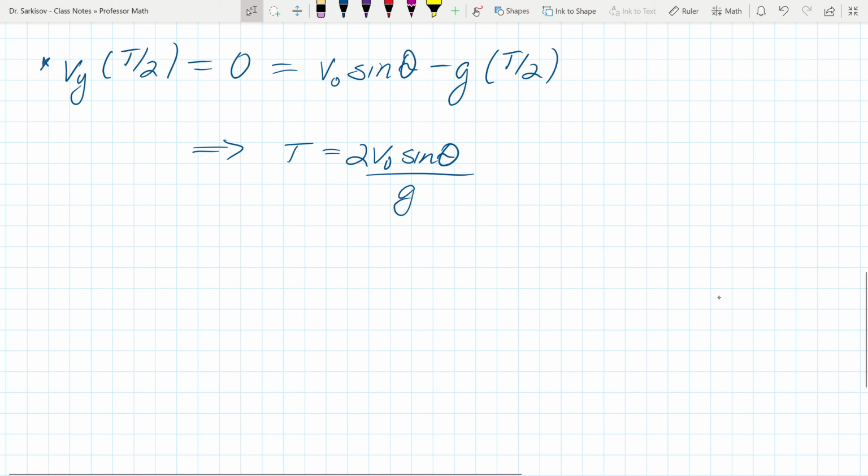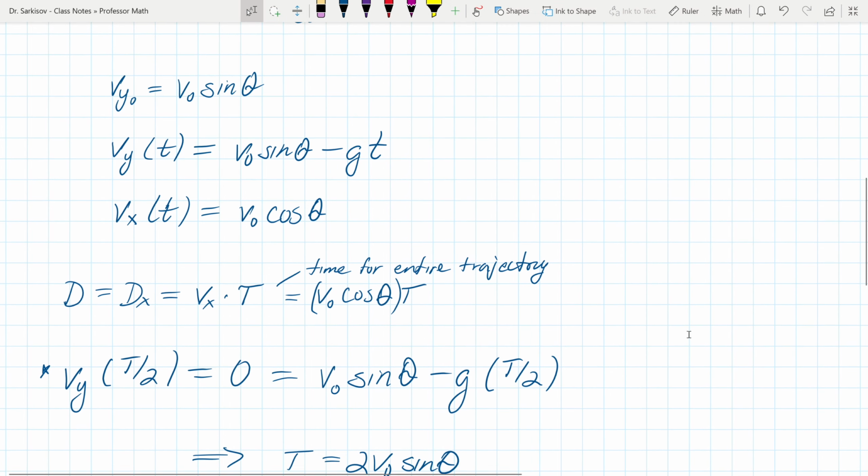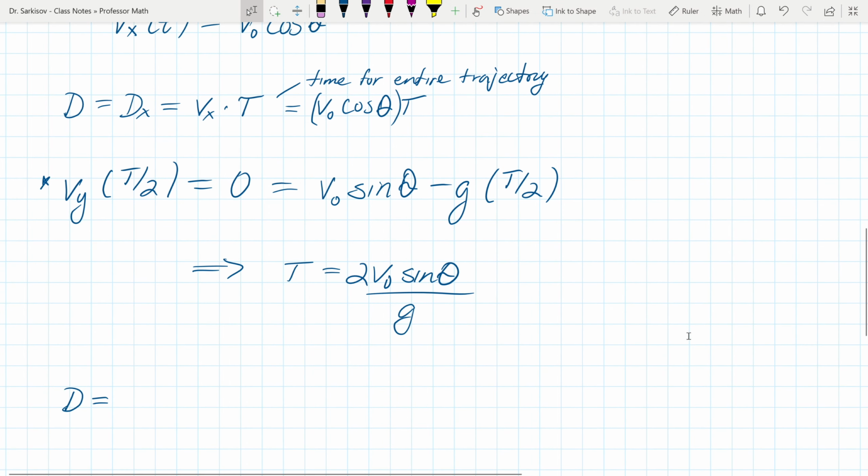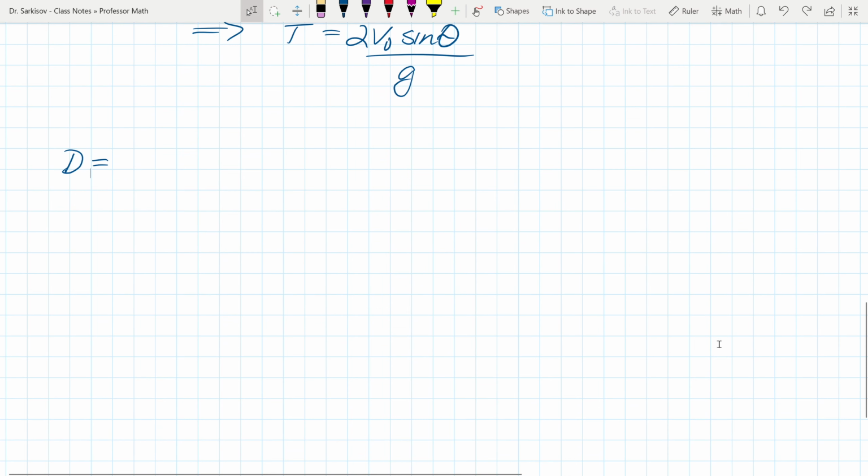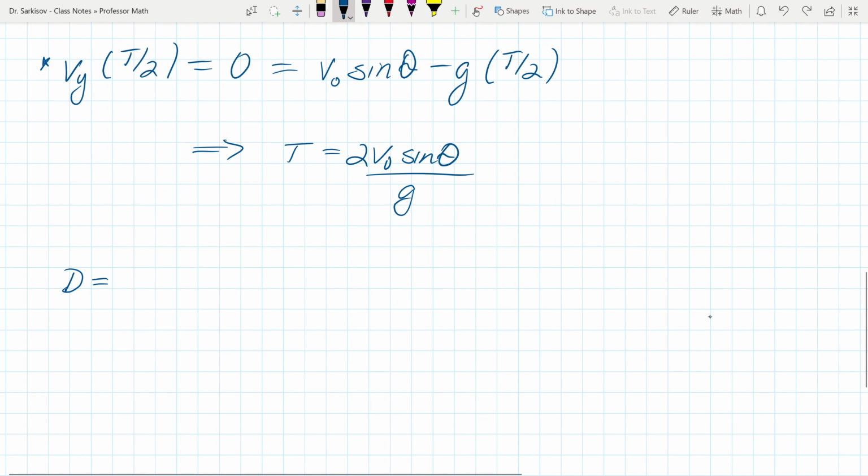Remember, what is our d? Let's go back to the d. D is equal to, we put the whole time in there, right? We already have the formula right here, that it's V naught cosine theta t, right there. So let's put this t that we know now in, because we know V naught sine of theta over g. So it's V naught, okay? And then what do we have? Cosine of theta. And then t would be, let's put it in here, 2 V naught sine theta over g,